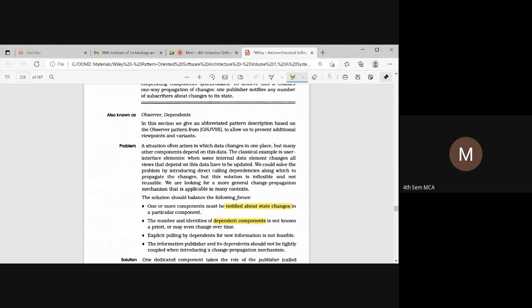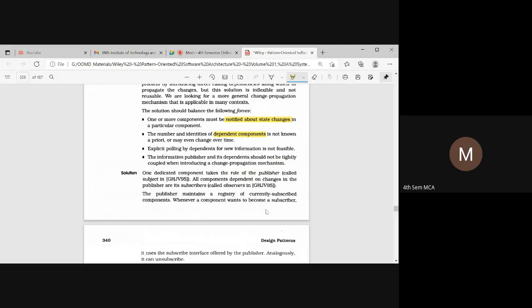The components, one is a subject and one is the observer. Or one can be a publisher. The subject, or an observer, is going to observe whatever changes happen within a component, and the publisher is going to identify whatever changes have been made.